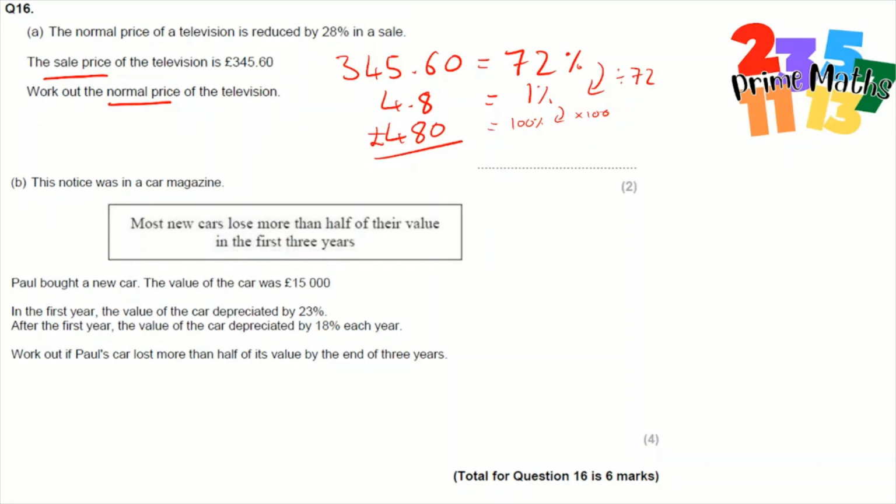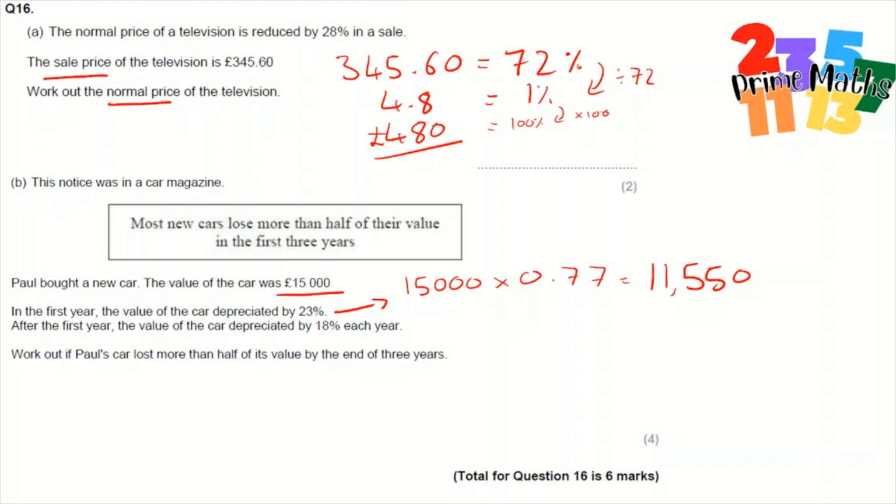For part B, Paul bought a car. The value of the car was £15,000. In the first year it depreciated and it went down by 23%. I can work this out as 15,000 multiplied by 0.77. This tells us the value of Paul's car after the first year. 15,000 times 0.77 gives Paul's car a value of